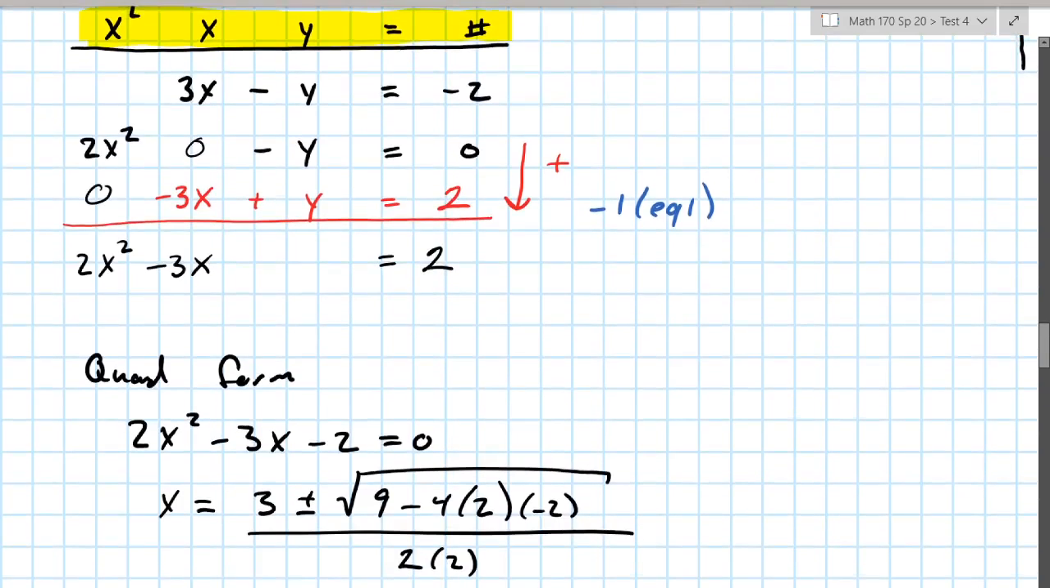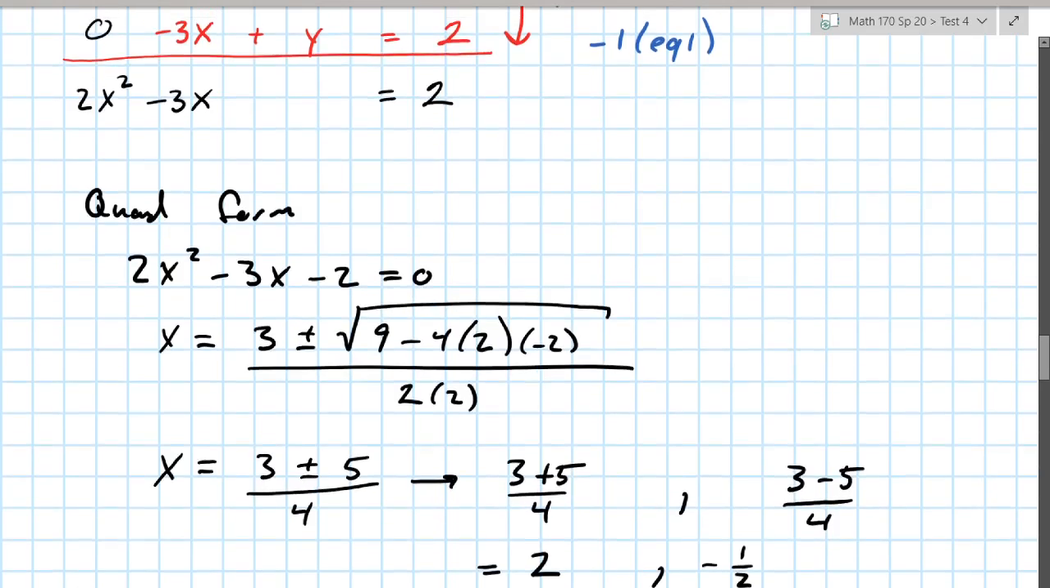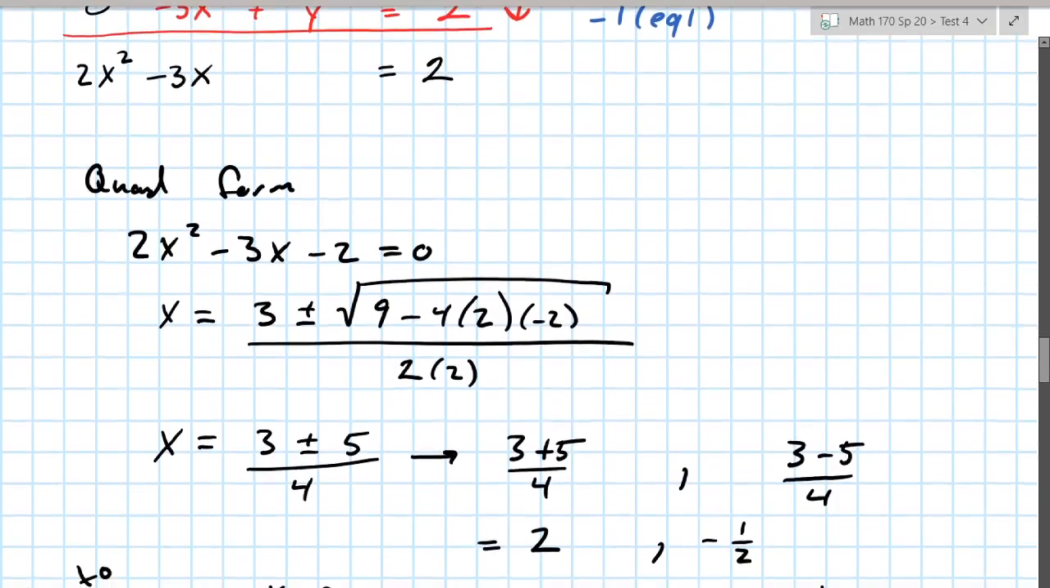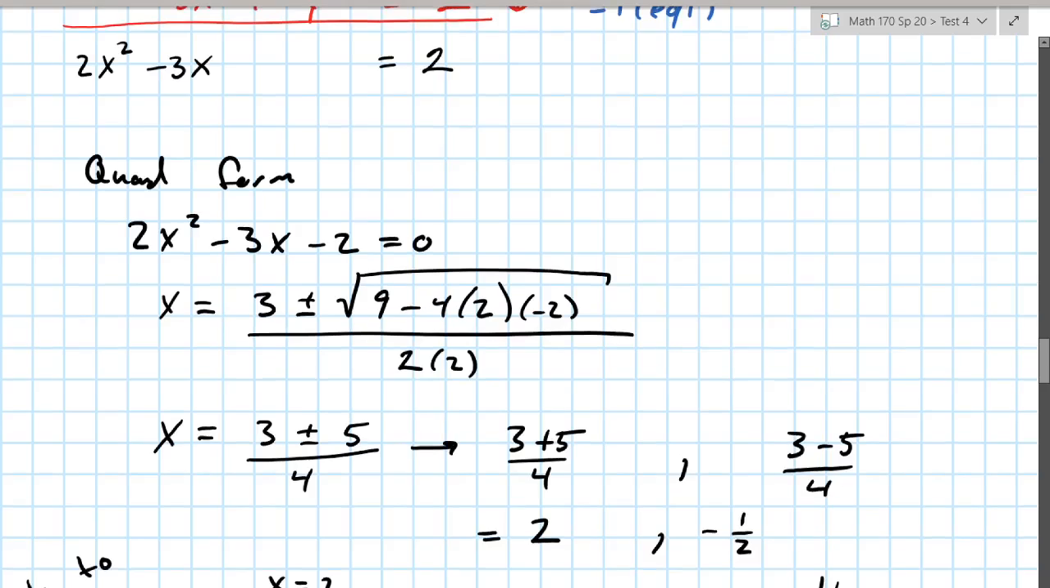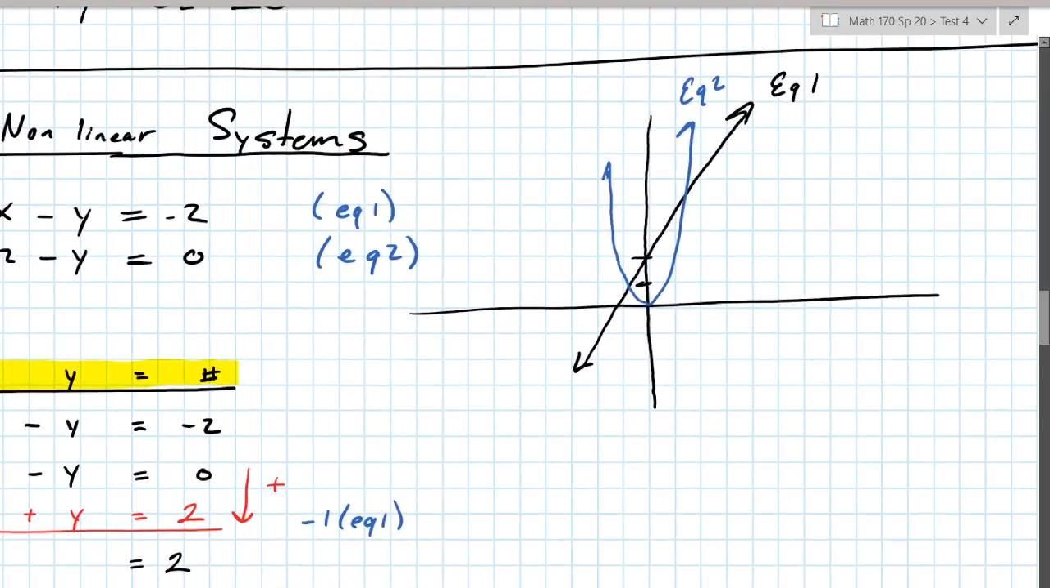Negative b plus or minus the square root of b squared minus 4ac, all over 2a, and then simplify it with our order of operations, leaving us with two solutions for x. x equals 2 or negative 1/2. Now, the goal was to find these points. So x equals 2 and x equals negative 1/2 give us those x values,